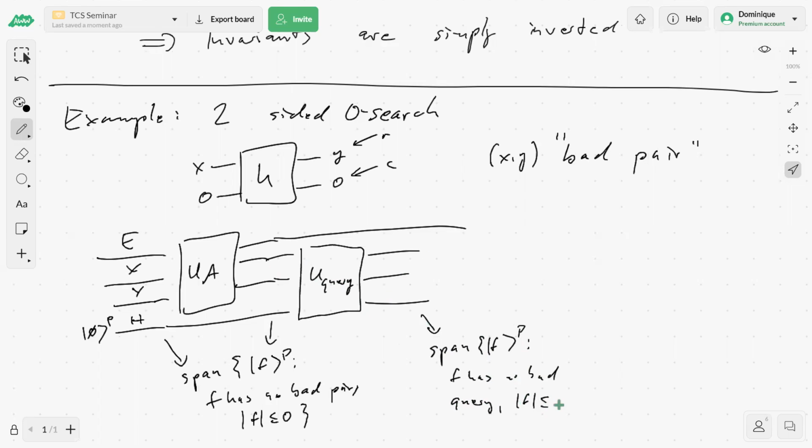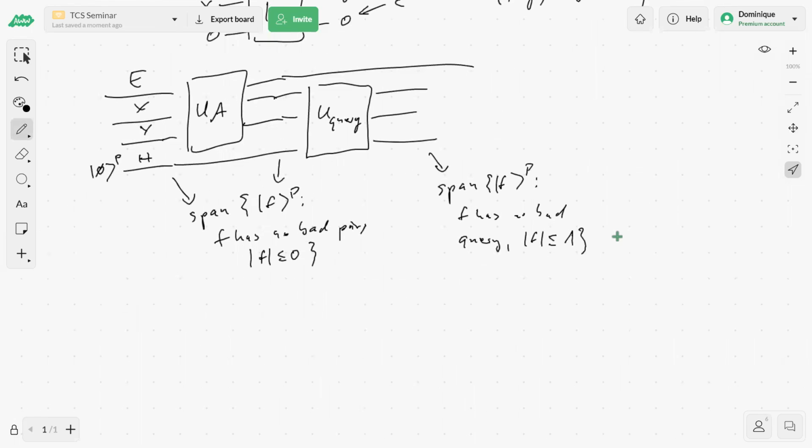Except that the bound for the size will now become 1. And there's an error term. So in order to compute that error, we need to bound how many values z will update a function to have a bad pair. So to get the error here, we need to find the following bound. If f has no bad pair and the size of f is smaller or equal to some value L, which depends on which query we are in, then we want to bound